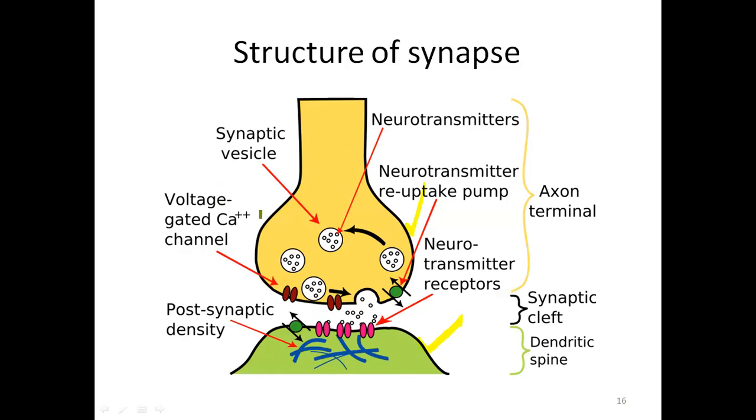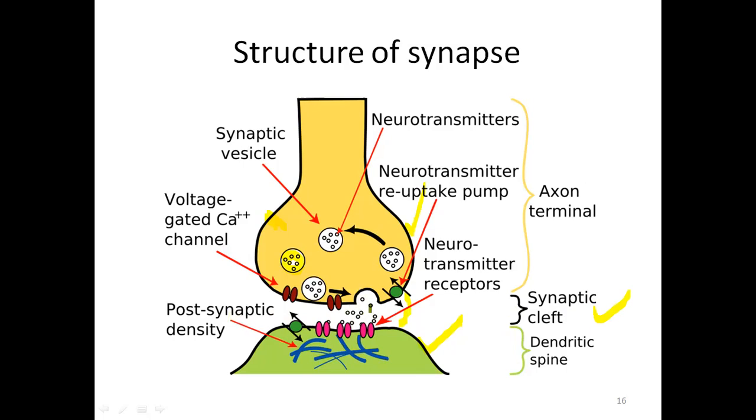In the presynaptic end bulb, there are vesicles filled with the neurotransmitter, and there are rich voltage-gated calcium channels present. The gap between pre and postsynaptic membrane is known as synaptic cleft,